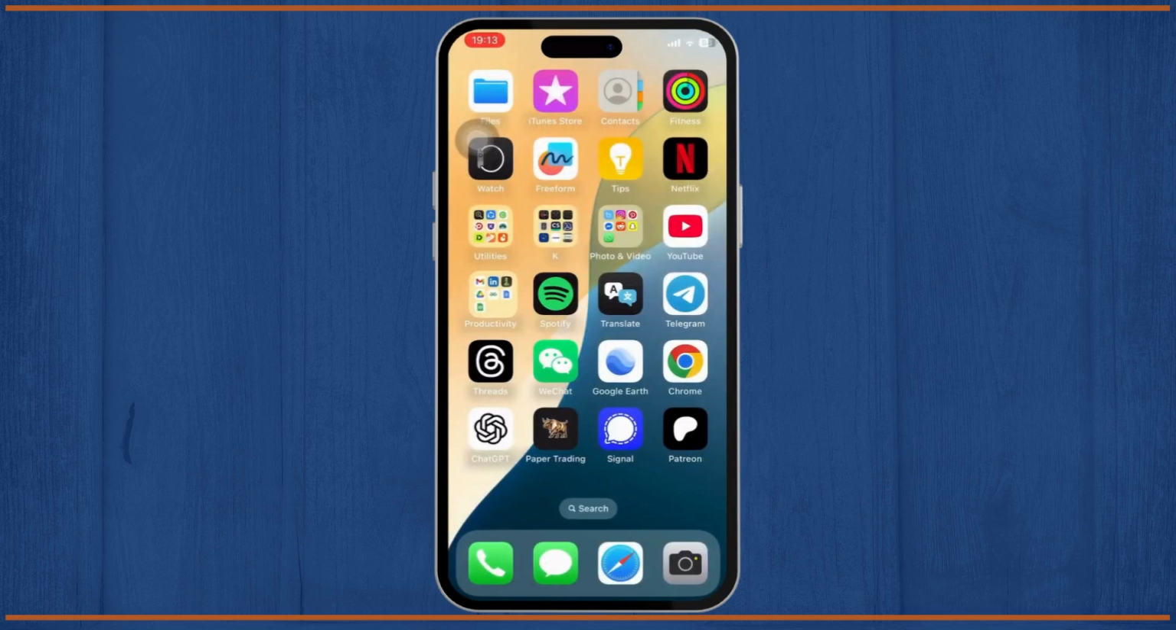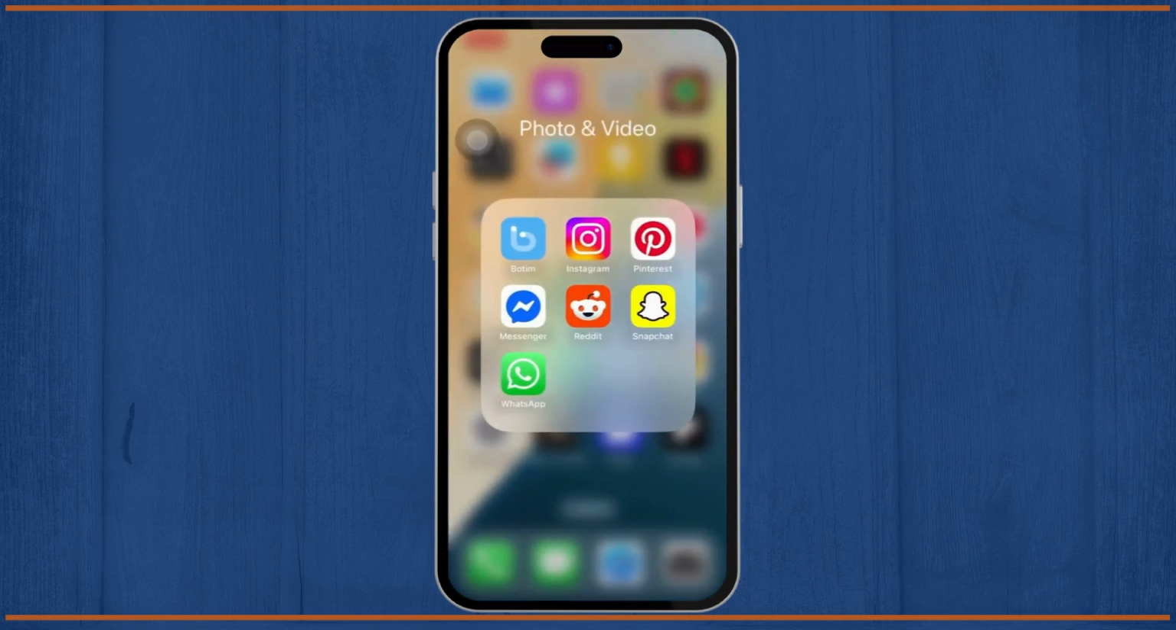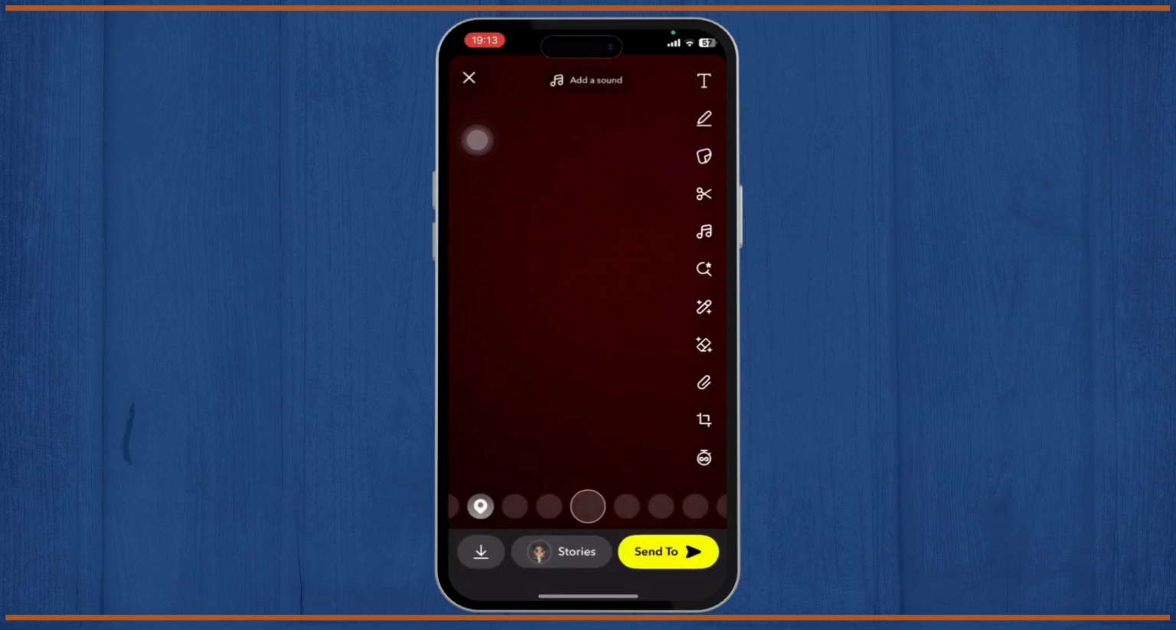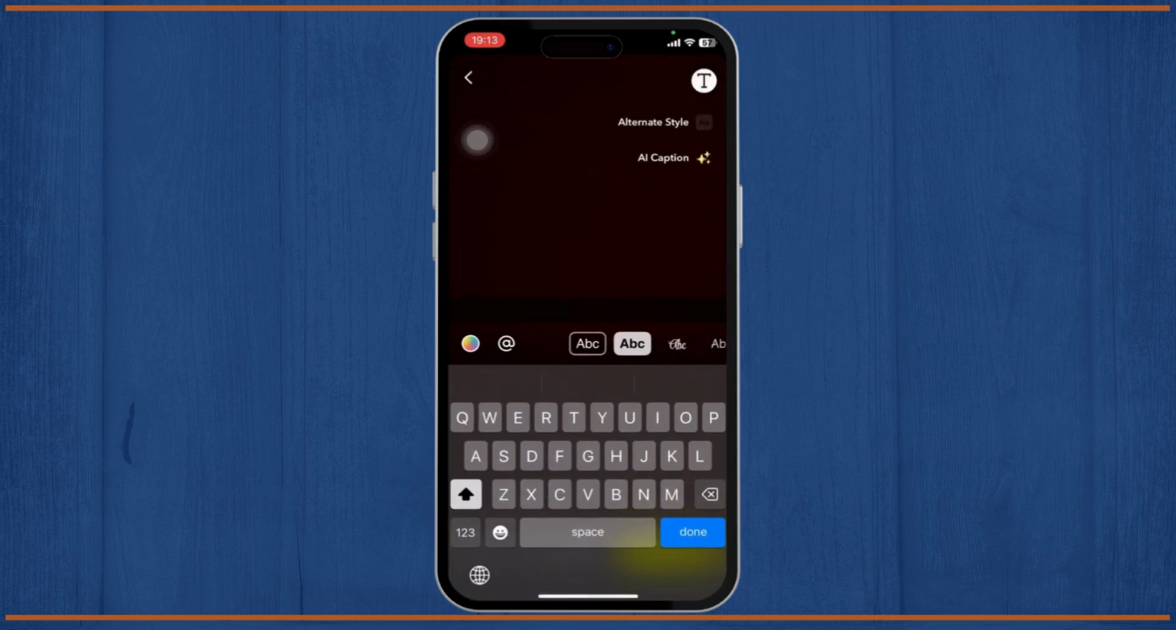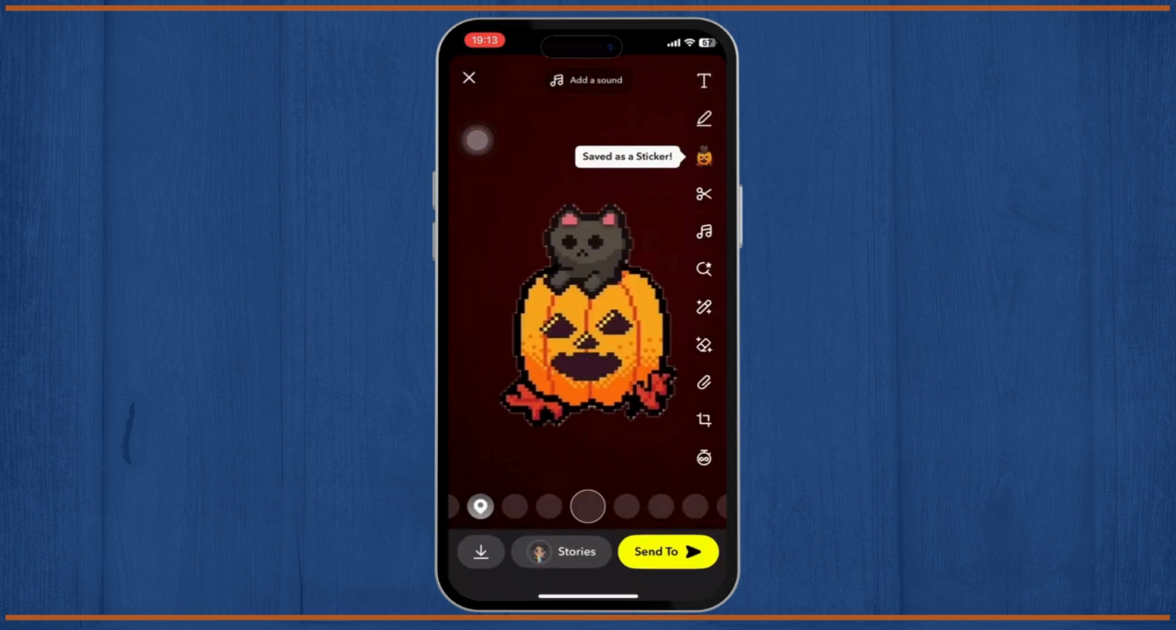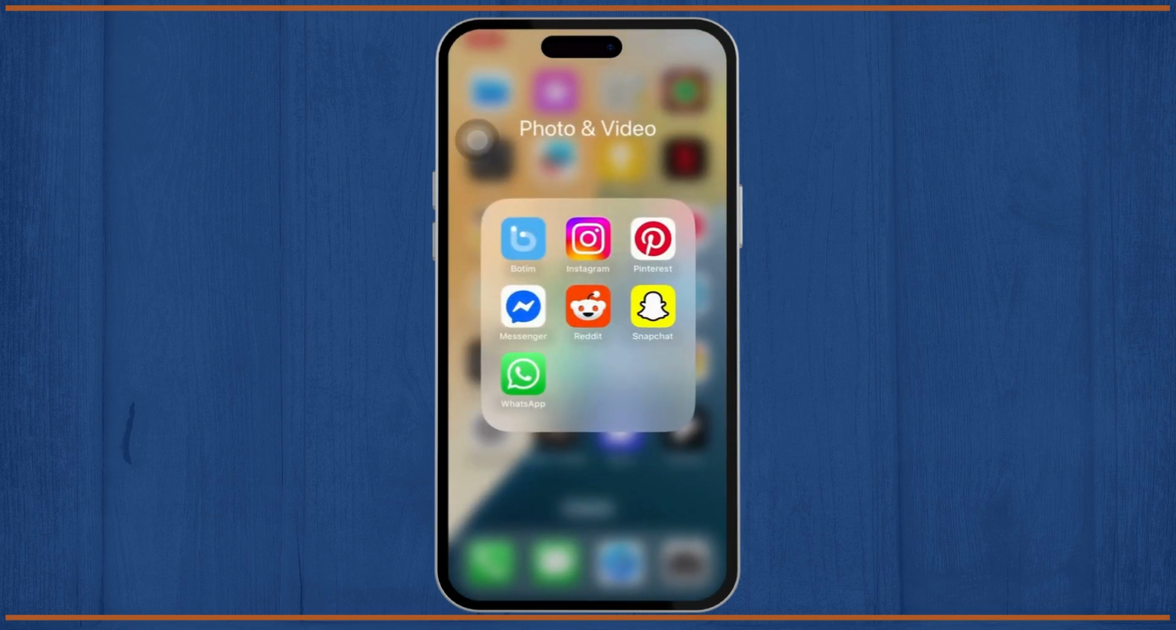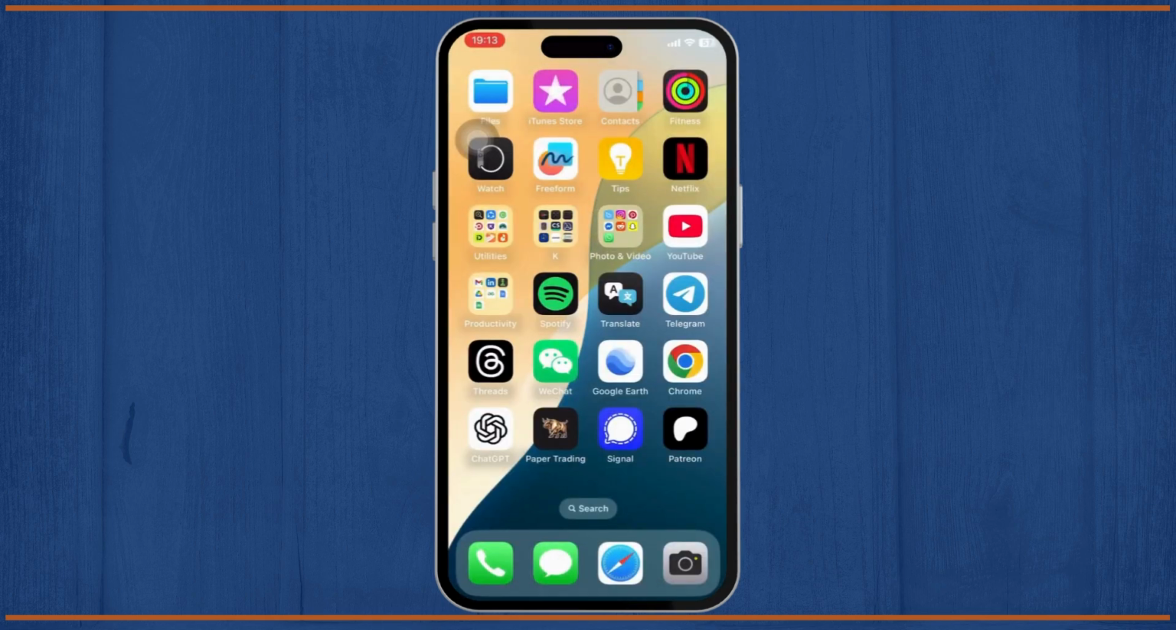Now it's the same for Snapchat or any other app as well. So let's open up our Snapchat, click a picture, and then simply paste it. So long press on the text section and tap on the paste button. And it's that simple. And that is how you lift subject from iPhone photo and remove background with the Photo